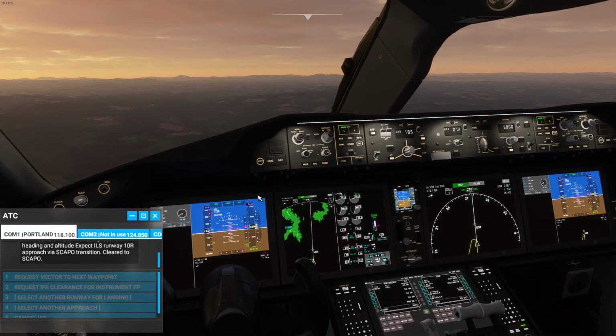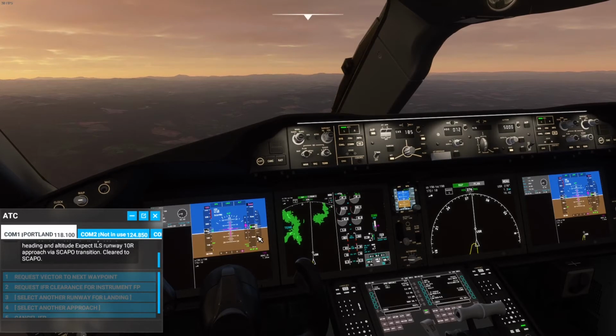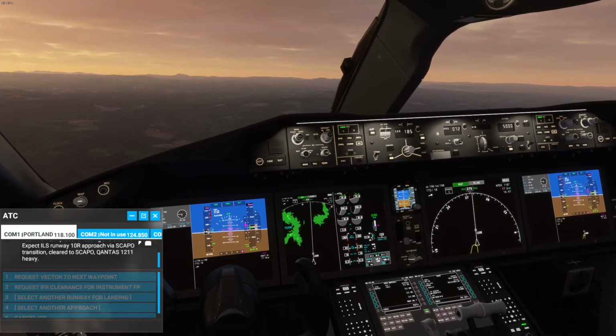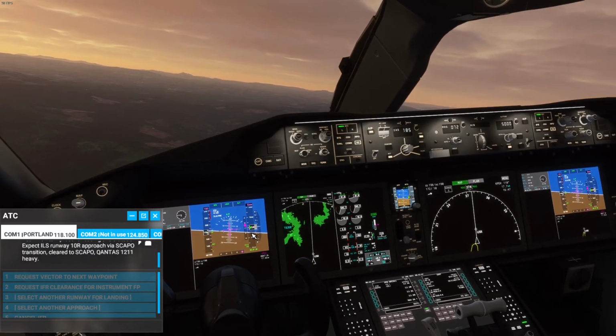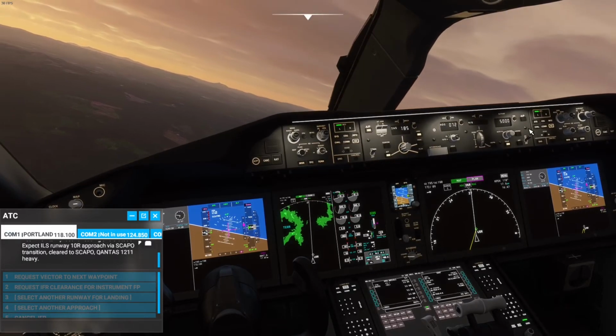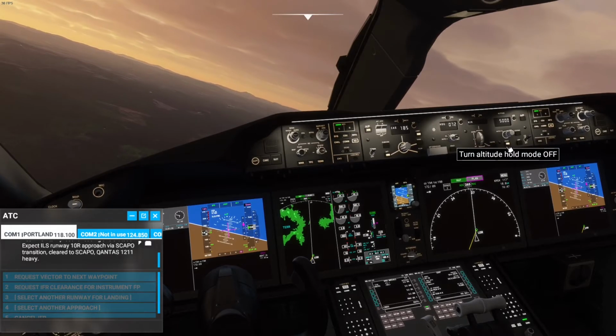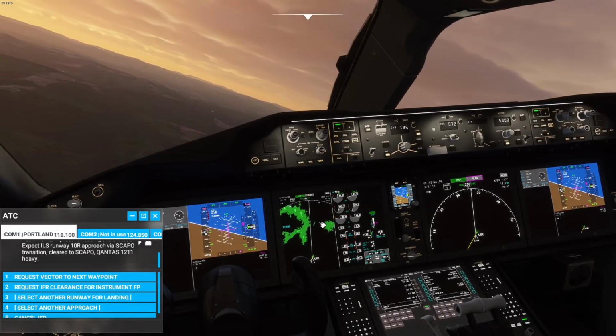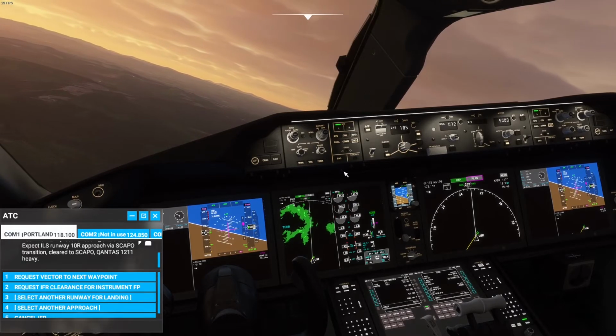Qantas 1211 Heavy, you are 17 miles northwest. Maintain present heading and altitude. Expect ILS runway 10 right approach by transition. Clear to transition. That's exactly what we're doing. There we go. Perfect. That's what we set. So that's great news. We're going to do a left-hand turn here, and that magenta comes back down again. Then what I'll do is flip on the approach button. So if I zoom out now as it's doing a hard left-hand bank,